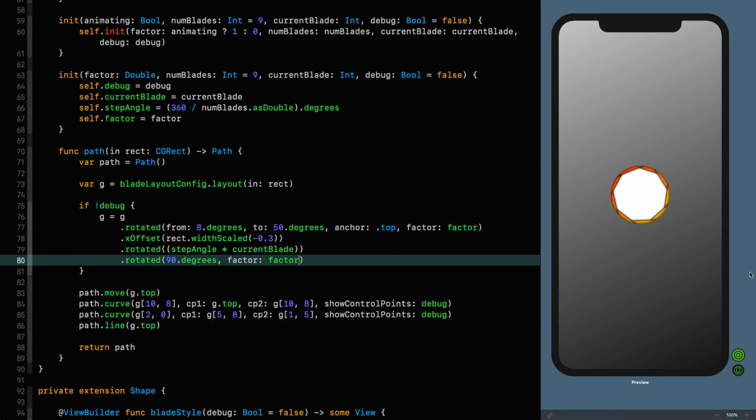If I play that, you know, it just has that little more interest to it because the whole thing is rotating. It looks a little bit more dynamic. You know, just explore, see what you can do with it. You won't be disappointed. It is really very easy to make incredibly complex looking animations using custom shapes and layout